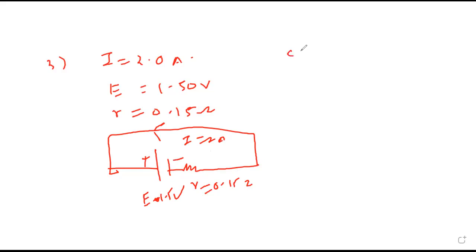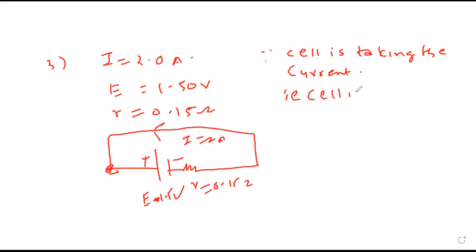So this time the cell is charging or discharging? The cell is taking the current, correct? So we say it is getting charged. I don't know whether you are able to recollect, I had given 3 points. When the cell is supplying current, then EMF is greater. When drawing current, then V is greater. Neither giving nor taking, then both are the same. Because the current is going from negative to positive, the cell is not supplying but taking the current.